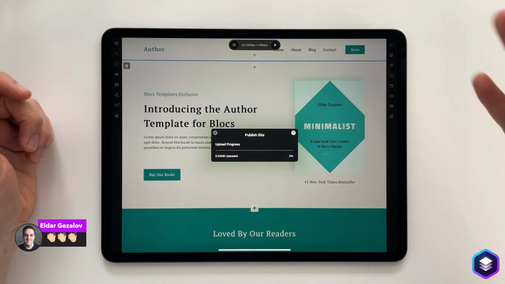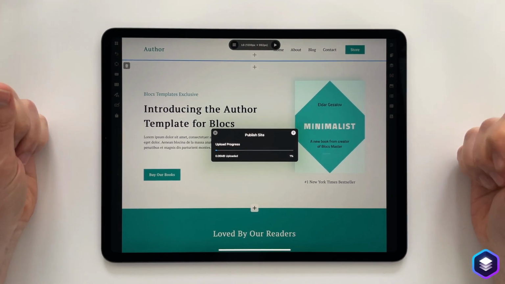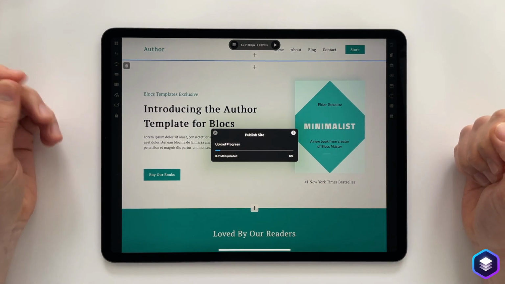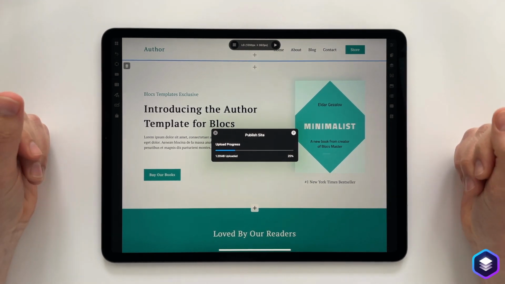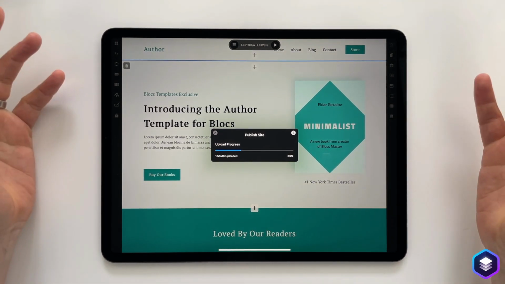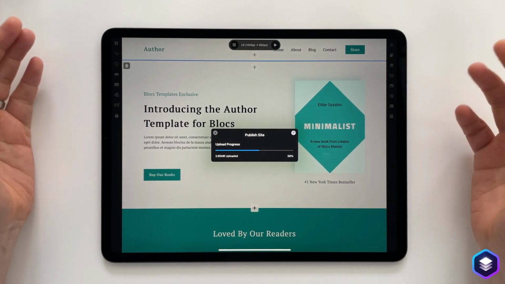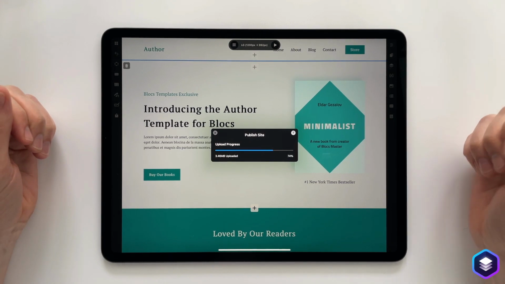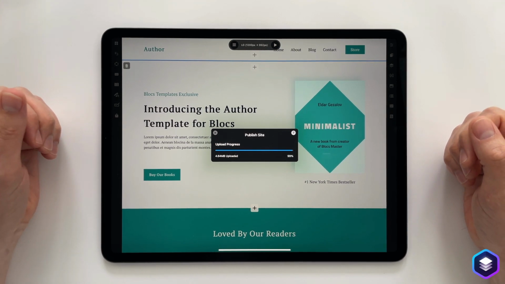Blocks will begin publishing my website that Eldar kindly built and gave to me. It'll take a few moments to go up. Hopefully we don't have any internet issues where it cuts off. But there you go. So we've done the whole process. You've built everything. You're on top of Mount Everest. You've just built the greatest website in the world. You can't wait to show your mother, and you think, you know what, I can publish it here, and she can go right there and she can check it out.